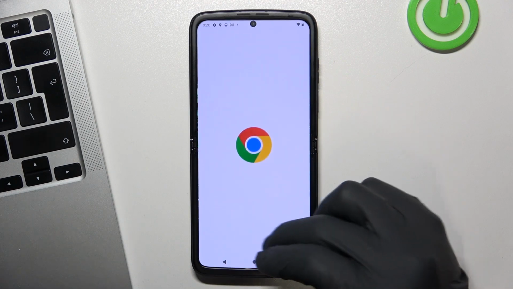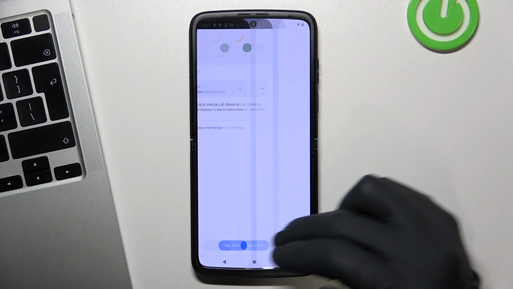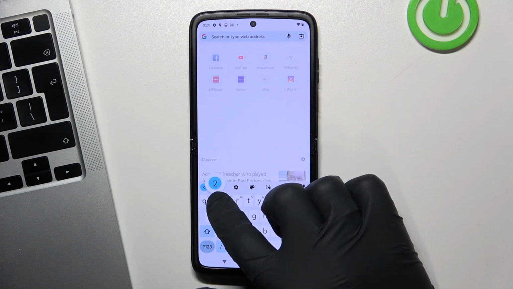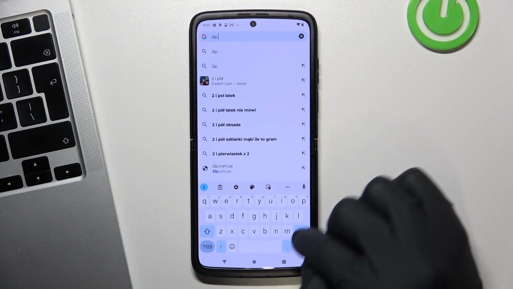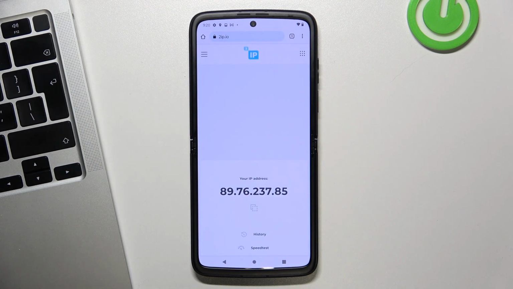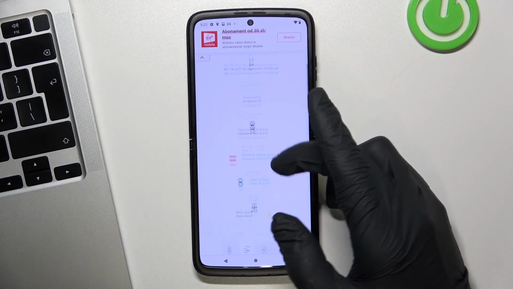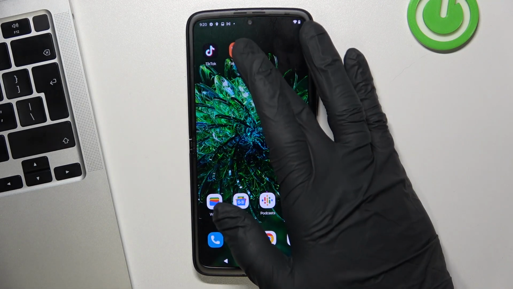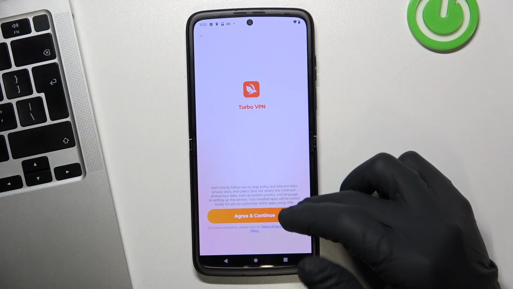And this time check how websites see your location without VPN. So open 2ib.io or any other website to check your location. As you can see, I'm in Poland, it's true, but now open installed app